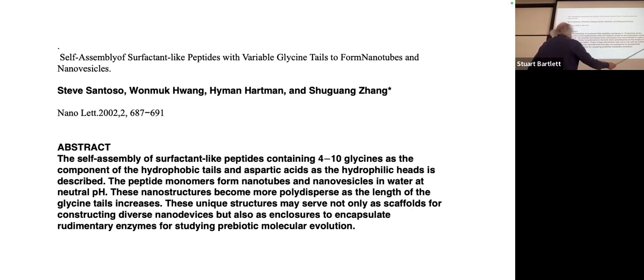The self-assembly of surfactant peptides containing 4 to 10 glycines as the component of a hydrophobic tail and aspartic acid as the hydrophilic head is described. The peptide monomers form nanotubes and nanovesicles in water at neutral pH. These nanostructures become more polydispersed as the length of the glycine tails increases. These unique structures may serve not only as scaffolds for constructing diverse nano devices, but also as enclosures to encapsulate rudimentary enzymes for studying